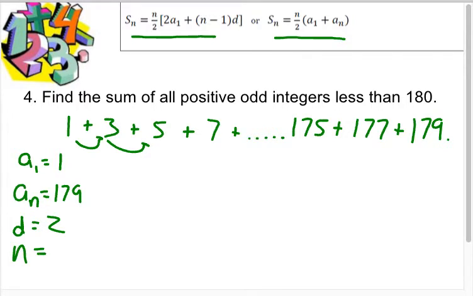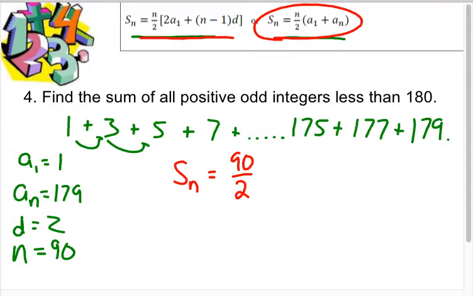The only other thing I need is n. Well, basically we're taking half of all the terms less than 180. Half of 180 is 90. There's 90 terms here that we're working with. I would say probably the easiest formula to work with here. You could put it in the first one, we have everything. I'd use the second one. So the sum of our series, S sub n, is 90 over 2, n over 2 basically. A sub 1 is 1 plus